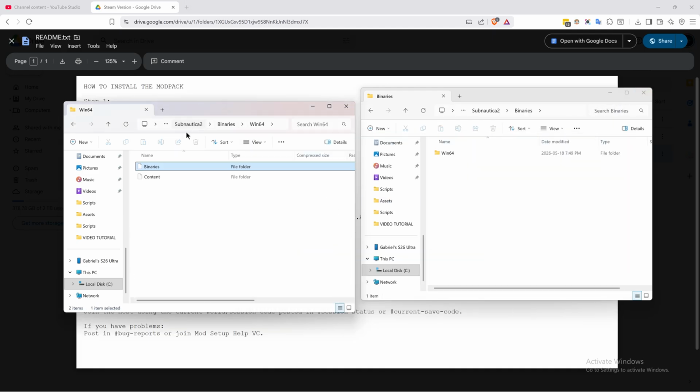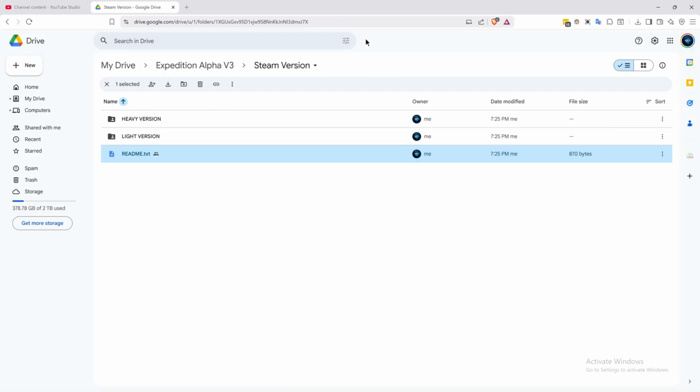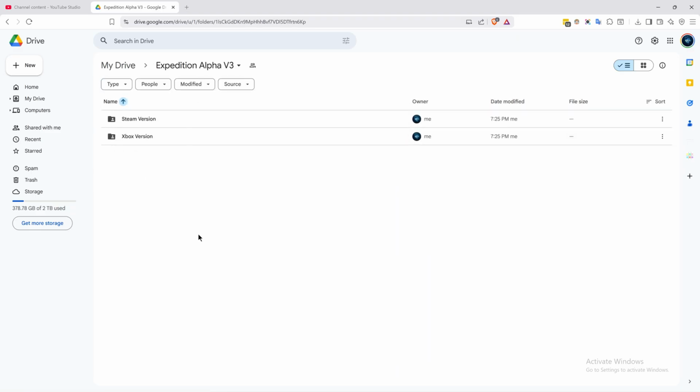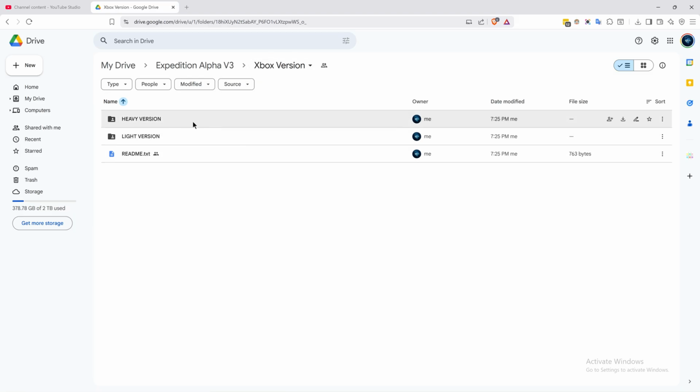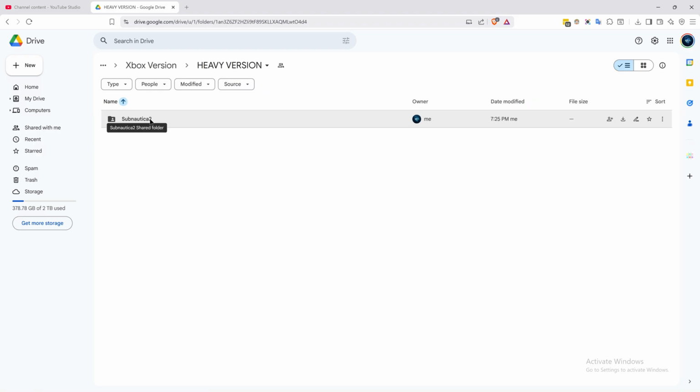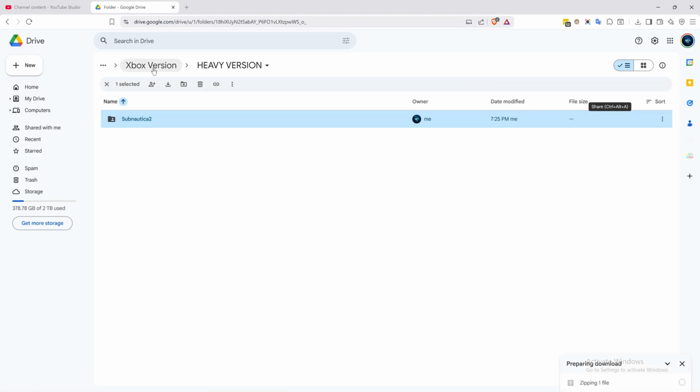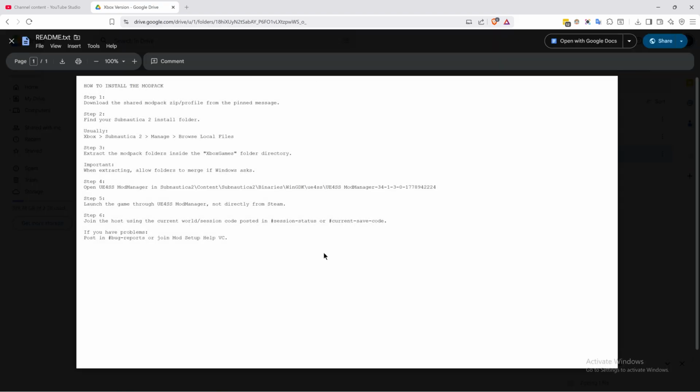Now, for the Xbox version. The Xbox version is very simple. For the Xbox version, you want to go the same way, go into the download page, download Subnautica 2. So we're going to start downloading that, and please take a look at the README. This explains it a little bit more in detail. Please keep in mind I don't have the Xbox version, so to keep this very simple, I'm going to pretend as if I do, and I would explain to you Xbox